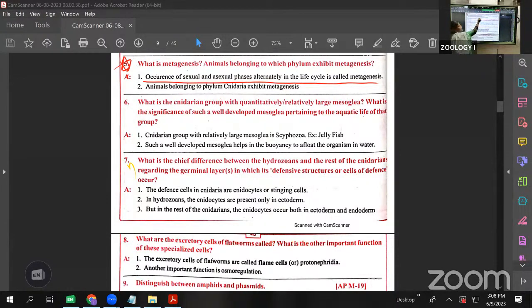Which phylum is it from? The phylum Cnidaria. Clear? Animals belonging to phylum Cnidaria exhibit metagenesis. Metagenesis occurs in the phylum Cnidaria. Before, we also discussed the two forms, polyp and medusa. That is related to this one only. Clear? Next is